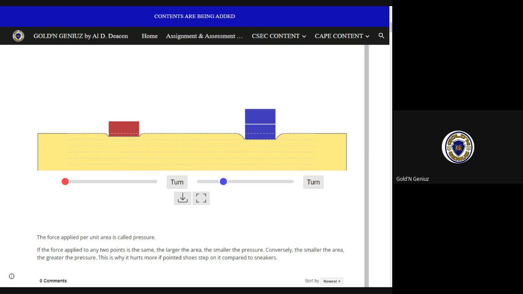Now, on your screen, if I should add another block, what would happen to the surface? And remember,